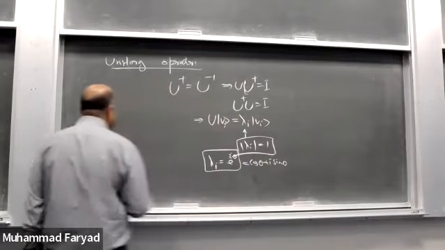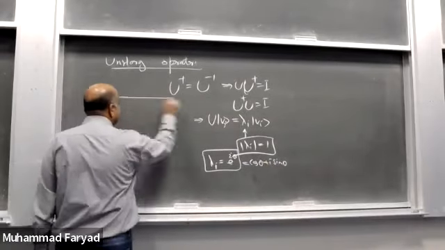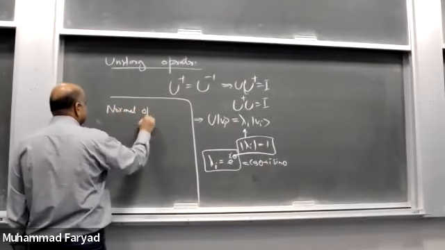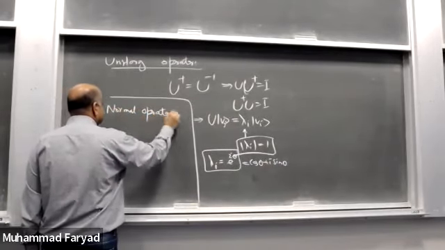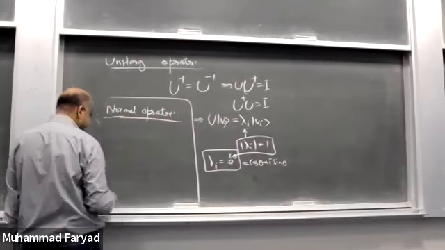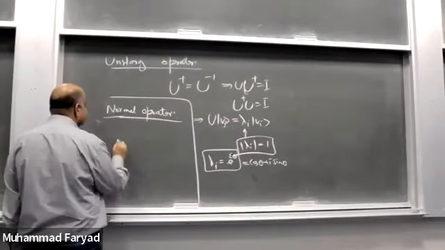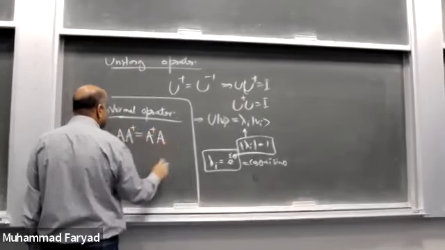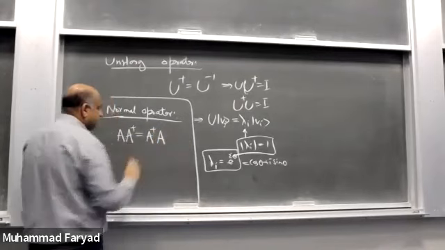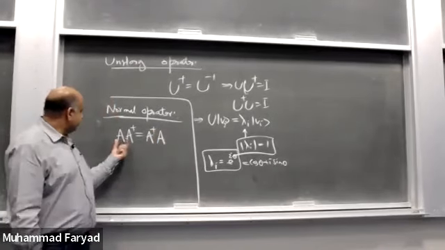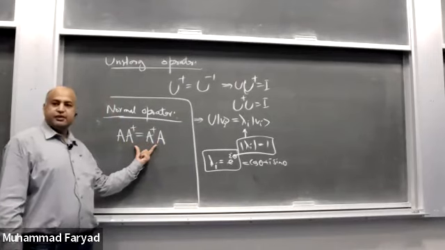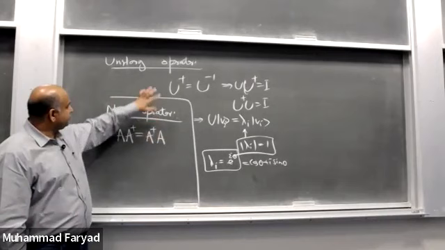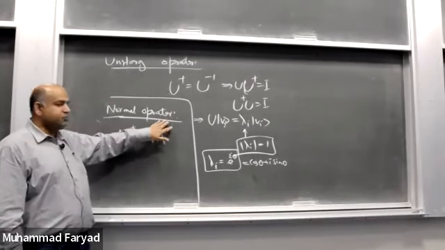Then there's another type of operators which we call normal operators. Normal operators are operators that satisfy this property. जरूरी नहीं कि ये आइडेंटिटी के बराबर हो, okay? But a dagger a and a a dagger, they are the same. So इसका मतलब है जो unitary operator है, you can see they're also normal operators.